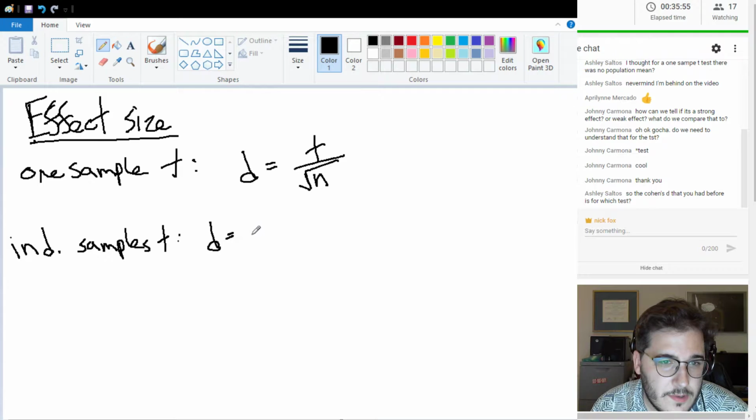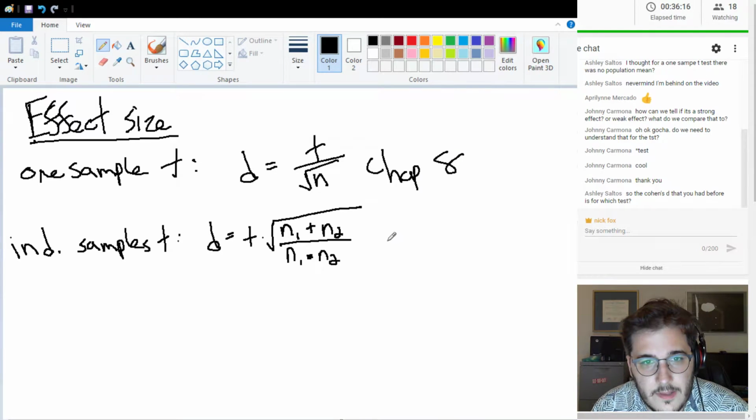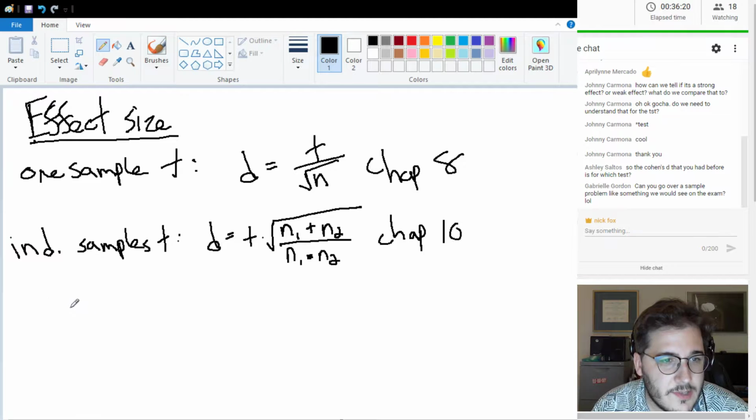d equals t times the square root of n1 plus n2 divided by n1 times n2. So this is in chapter 8. This is in chapter 10. And then for chi-square,